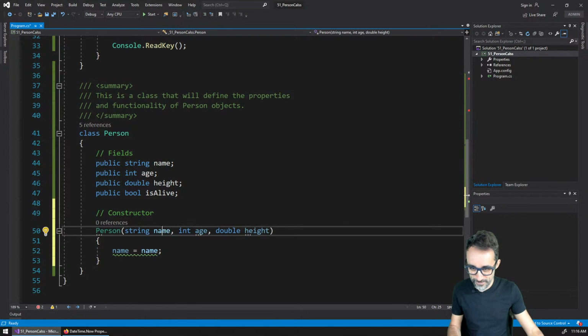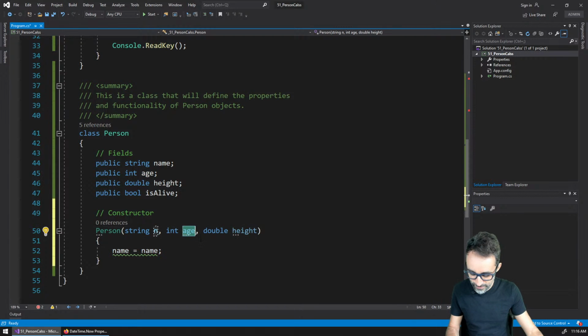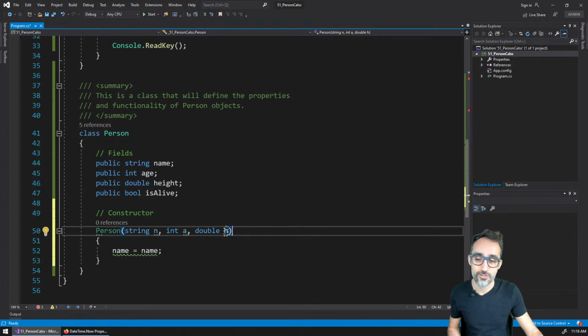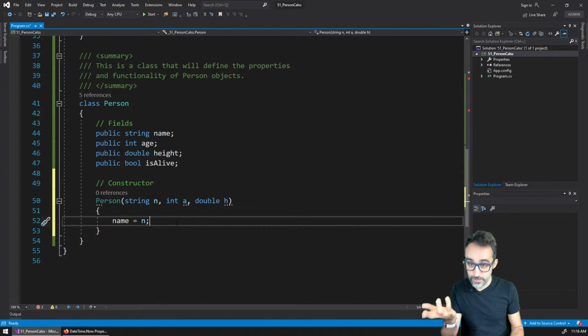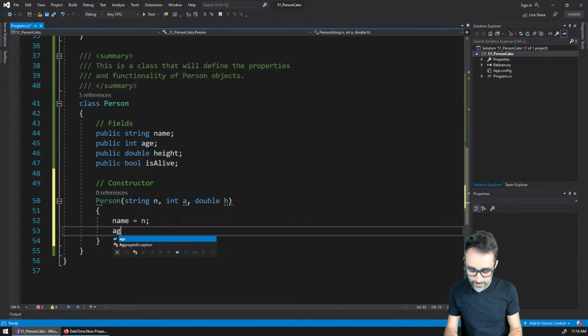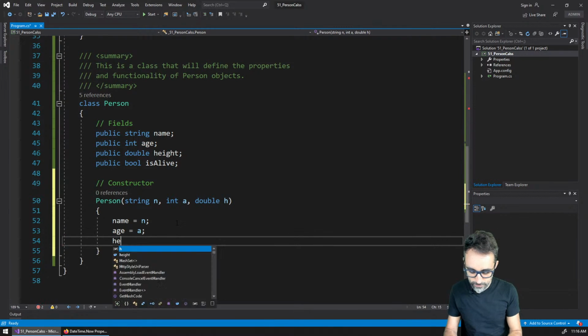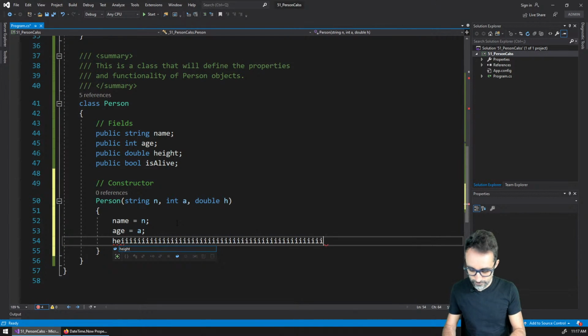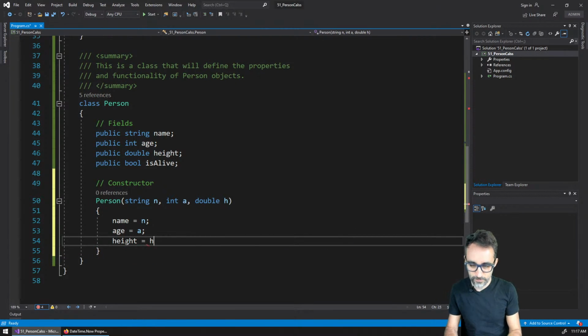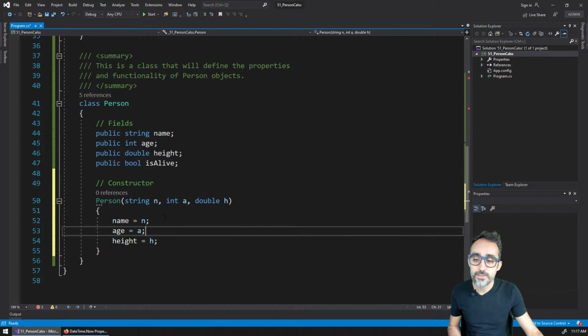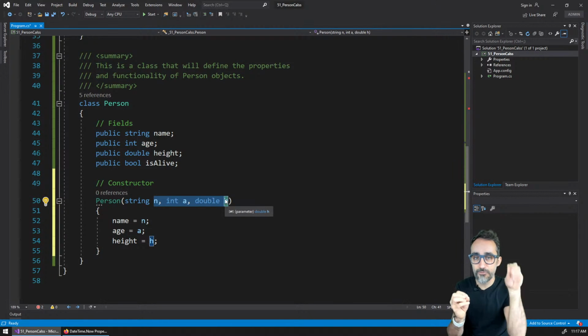Let me actually rename this for the sake of clarity. Let me do N, let me do A, and let me do H. This is really, really bad practice to do single letters here. But so that it's a bit clearer, I can say name equals N, age equals A, and height equals H. What I'm doing here is I'm saying anything that you give me when you're calling the